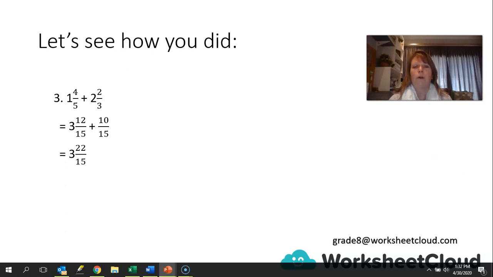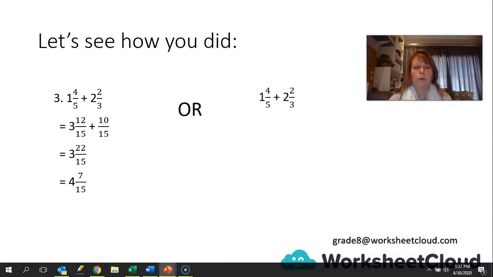As you can see, we've got a mixed number, and in that mixed number we have an improper fraction. We definitely can't leave it like that, so it's going to give me 4 and 7 over 15 because I take out a 15 from the 22. Okay, everyone happy? Right, or you could have done it this way, where we make 1 4/5 into an improper